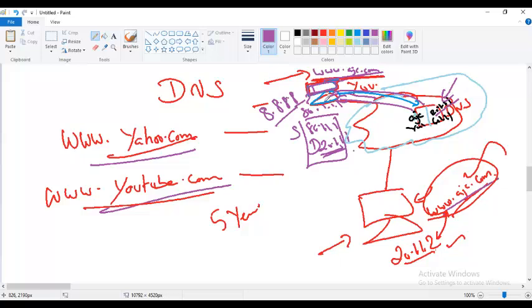This is the use of DNS. If you don't have a DNS server, then everyone in the world needs to maintain all the domain names and their IP addresses, which is not possible. Because every time someone launches a new web page or new domain name, or keeps changing the IP address of the domain name,